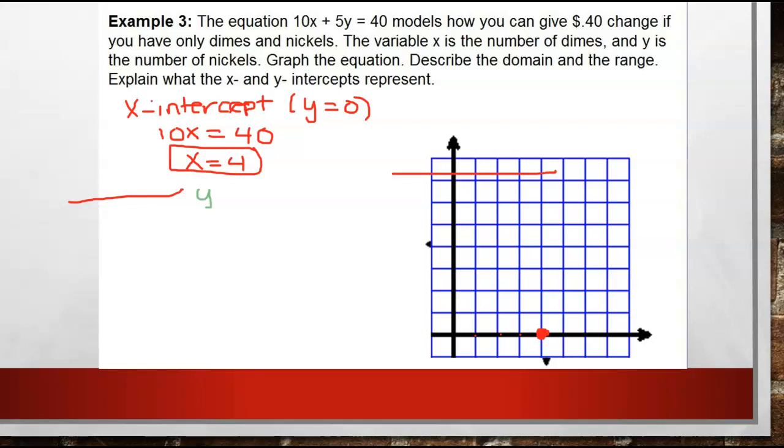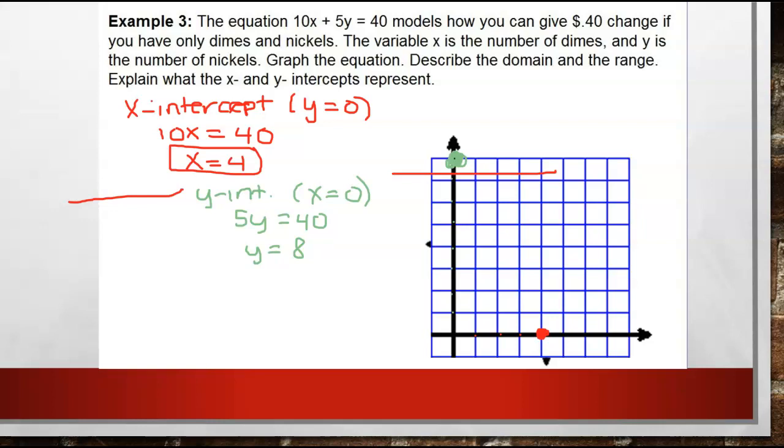The y-intercept occurs when x is 0. So plugging in x equals 0, I get 5y equals 40, or y equals 8. So that gives the point up there. So typically when creating a linear function, you can create a line between your x and your y-intercept. Now this is not actually going to graph as a fully linear function